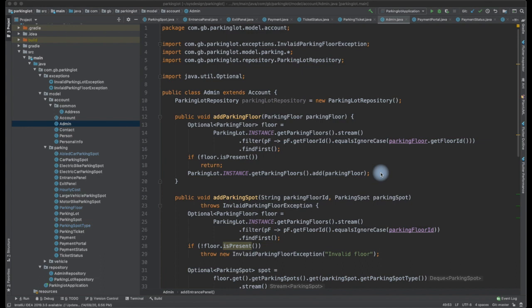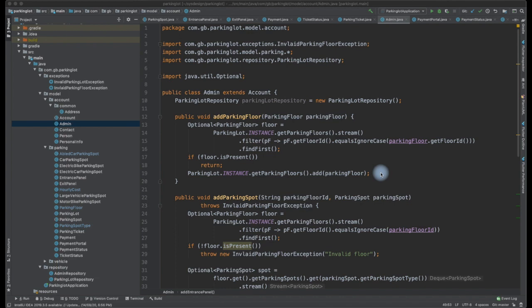Okay, let us look into the responsibilities now. We have looked into how we model the account, the vehicle, and the different models associated with the parking lot. Everybody should have some responsibilities so that we can perform the entire user flow.